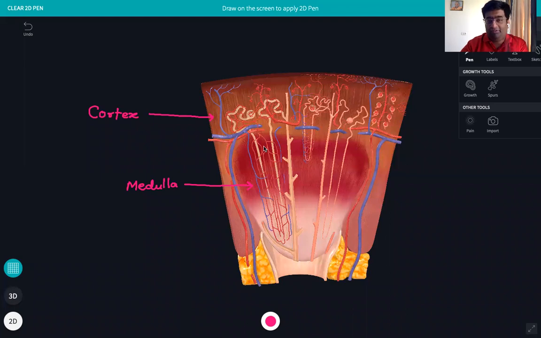So I'm repeating the position of the different parts of the nephron. The Malpighian body, which is made up of two things, the Bowman's capsule and the glomerulus, the network of capillaries, lies within the cortex. The proximal and the distal convoluted tubules also lie within the cortex. The loop of Henle lies within the medulla, while the common collecting duct or the duct of Bellini passes from the cortex into the medulla to open at the apex of each pyramid and pours all its contents into the minor calyces.